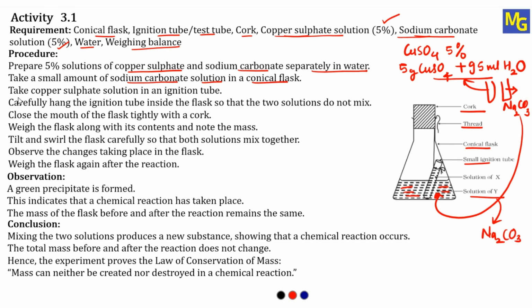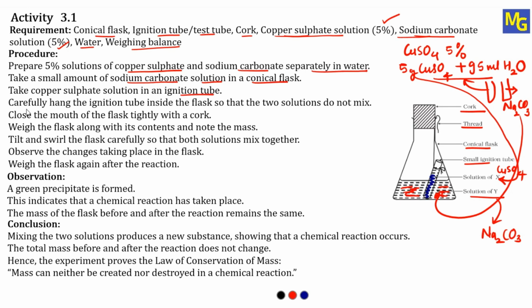Now next, take copper sulfate solution in an ignition tube. So the copper sulfate solution which you have prepared, we are going to take in the ignition tube, that is nothing but X. So here X is copper sulfate solution. So this is present in this ignition tube. So I'll take the blue color, this is copper sulfate, and the red one, imagine it is the sodium carbonate